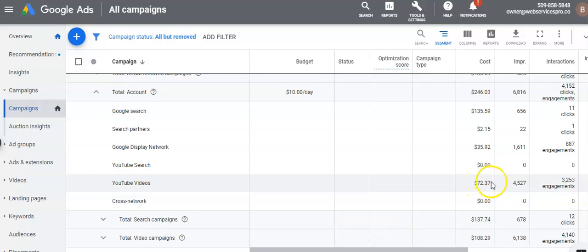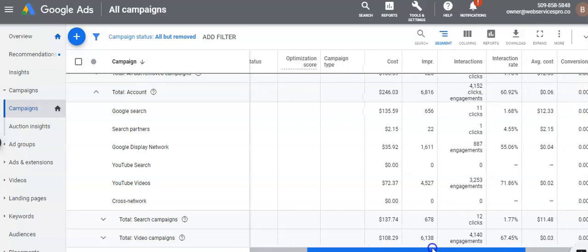for example, we spent for that month $72. We got 4,500 impressions. That means people who the video showed to in front of the other video that they wanted to watch, and among those 4,500, there were 3,253 engagements. That means people who didn't skip the ad, who stayed watching at least 30 seconds of that ad. That means that the payment or the charge was triggered. So that's a 71%